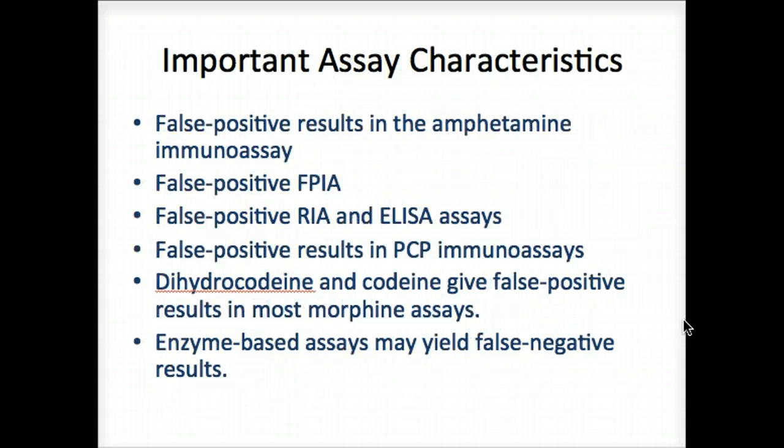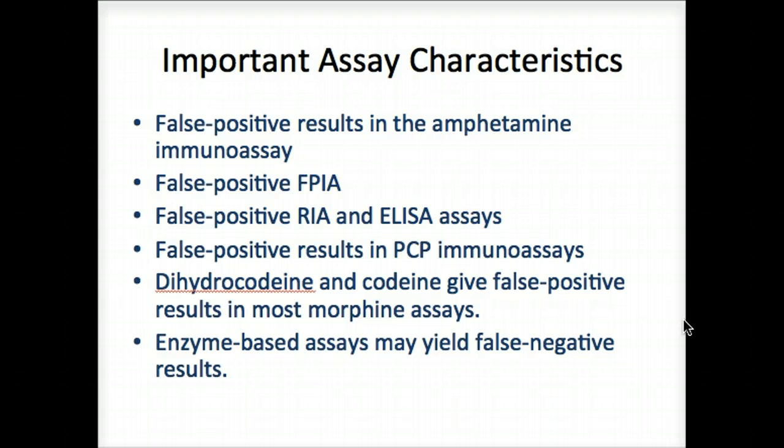Here is a list of several common problems with immunoassays dealing with false positives and false negatives. Number 1, postmortem blood decomposes with time, producing biogenic amines. These biogenic amines cross-react with the antibody in amphetamine immunoassays and produce false positive results. Number 2, salts in bile, some of which will fluoresce, can cause false positives in the